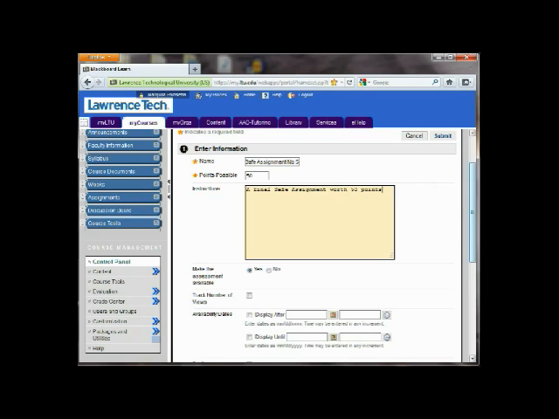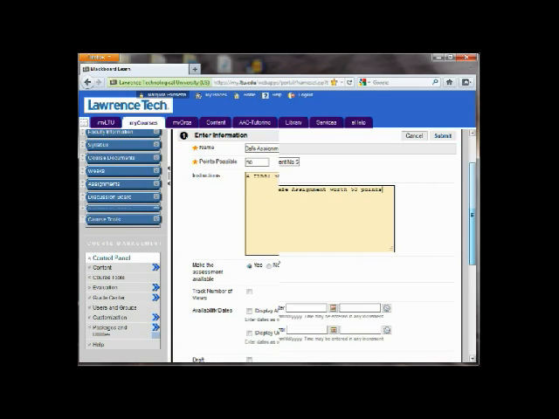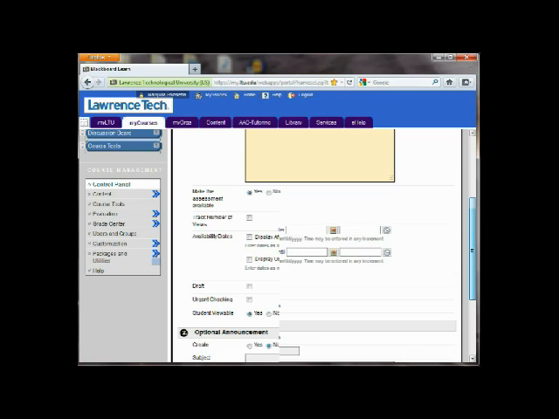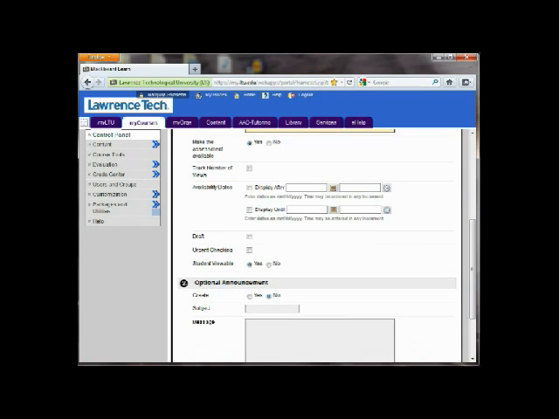So under this area, I do want to make the assessment available, so it's already selected as yes. I don't need to track the number of views because I'll know how many students actually submit the assignment through the Grade Center. And again, under availability, I can make it available from a certain date until a certain date. Moving straight down,